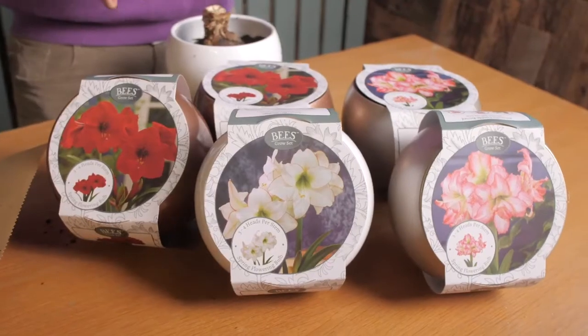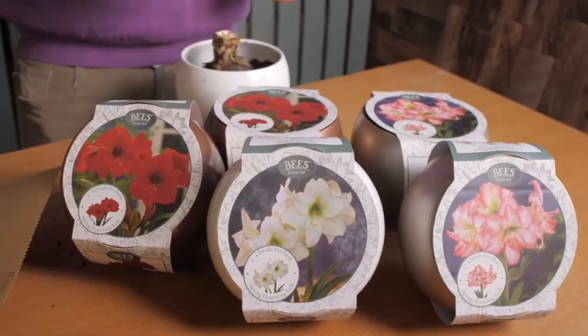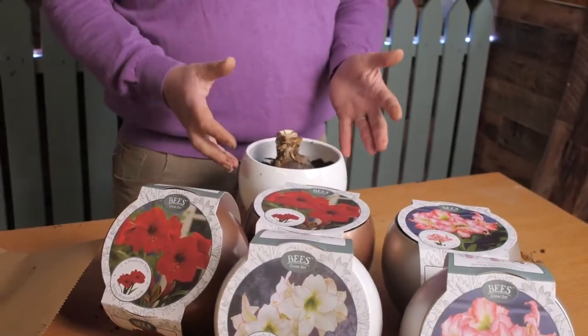So you can store this somewhere dark. It doesn't have to be dark. You don't want full sunlight yet, really, for the first few weeks. When the shoots are up a bit, then move it to somewhere nice and bright and sunny, getting a good amount of sunlight. Now, a trick, particularly if it's near a window, as it's growing, remember I said it'll kind of grow in front of your eyes,